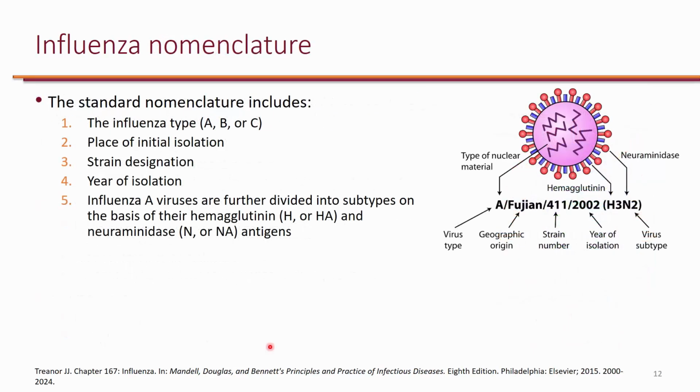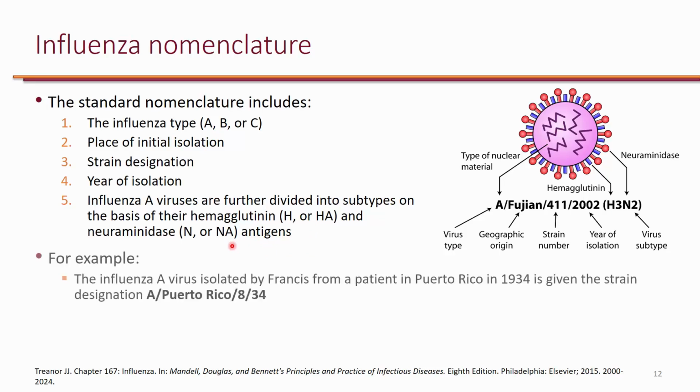Now let's take a look at influenza nomenclature. So the standard nomenclature includes the influenza type, so it's either A, B, or C, and then they put in the name the place of initial isolation, followed by strain designation, year of isolation, and in the case of influenza A, it is also divided into subtypes on the basis of H and N. So for example, the influenza A virus that was isolated by Francis from a patient in Puerto Rico in 1934 is given the strain designation A/Puerto Rico/